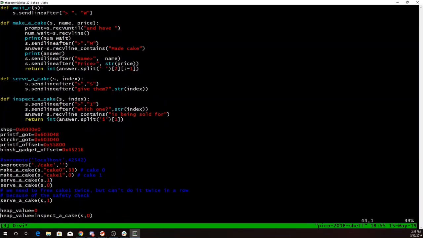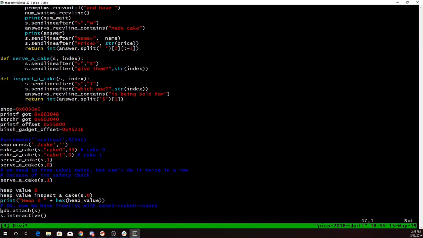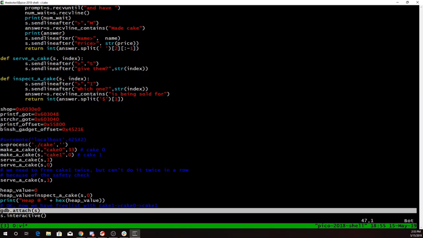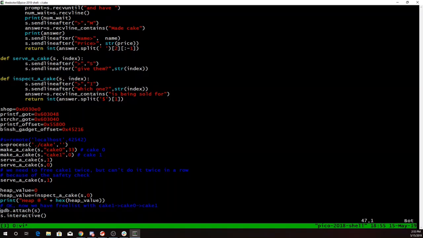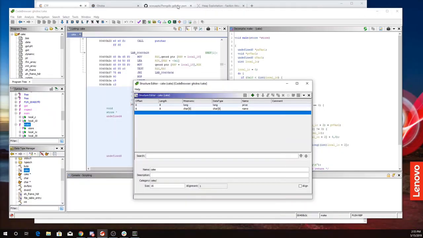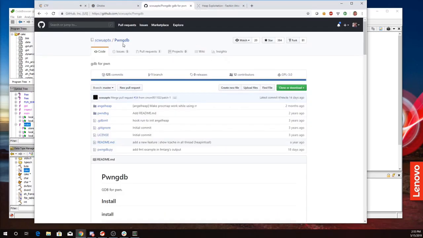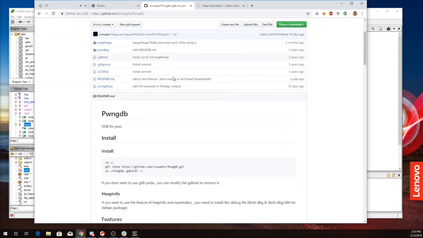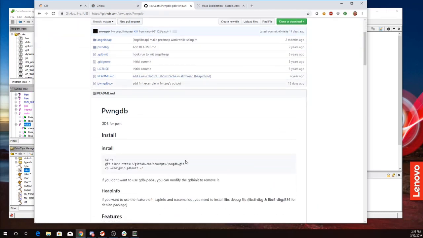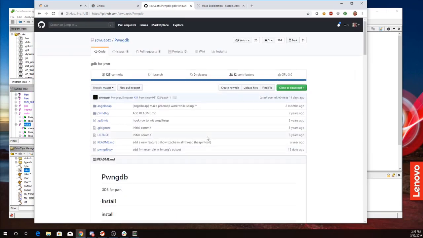So in my first cake demo, I come down here, I'm doing the same thing. You'll note that I'm attaching to a process. I've got a copy of this executable in my local directory, and then I'm going to attach to it in GDB so I can do some things with that. Now in my GDB, I've gotten this nice pwndbg from GitHub at this location, and I'm using that with GDB peda. And the nice thing about that is it's going to enable me in GDB to display some information